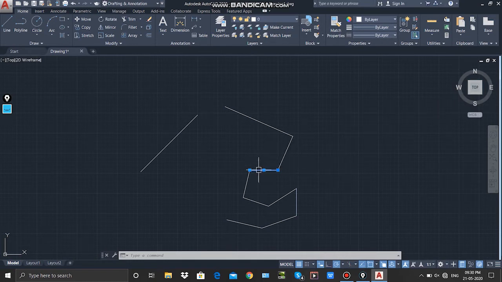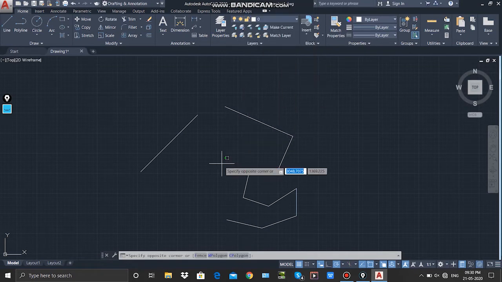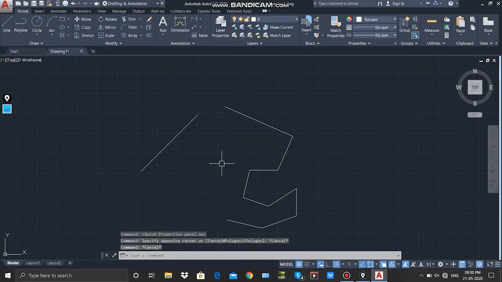So you can see my line remains selected, but quick properties window is now closed. So to deselect that line, you can right click and select deselect all, or you can press escape.